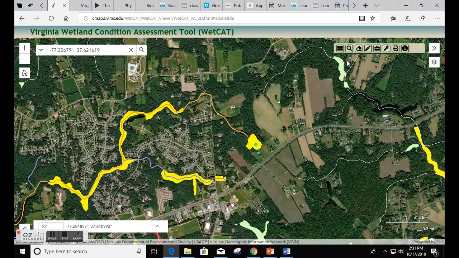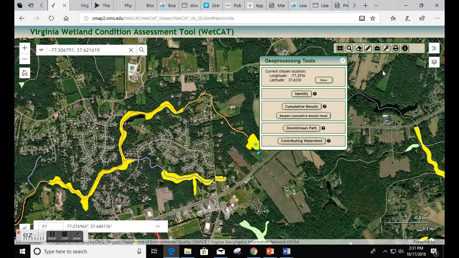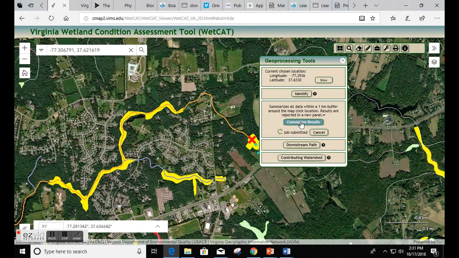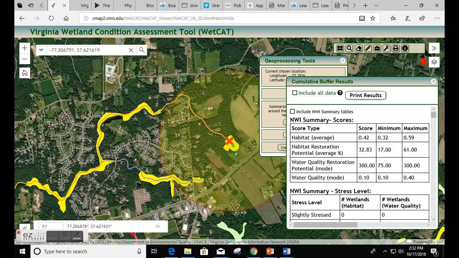And we'll move up here to the tools bar and pull out the geoprocessing tools. The first one we'll look at is the cumulative results. The cumulative results looks at activities within a 1 kilometer buffer around the particular spot on the map, in this case that wetland. So if we begin working on that, it'll generate that buffer. It'll take a few seconds to do that. Okay, once we have that, it'll pop up a